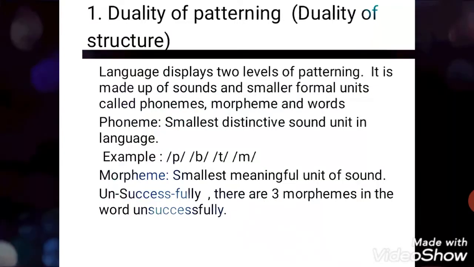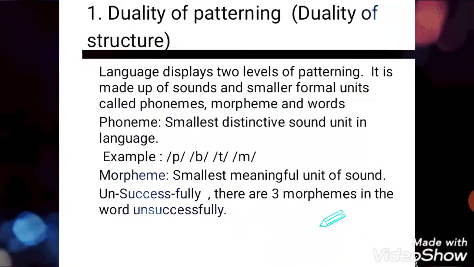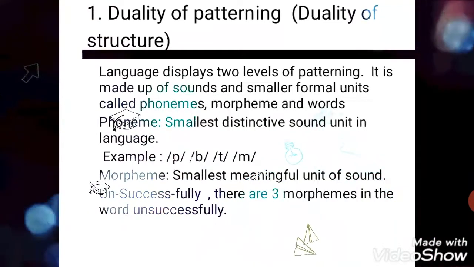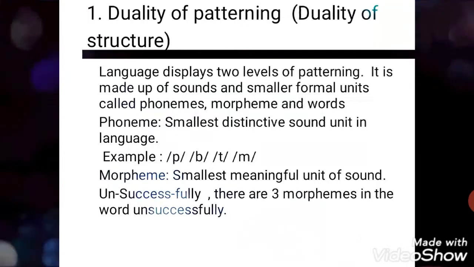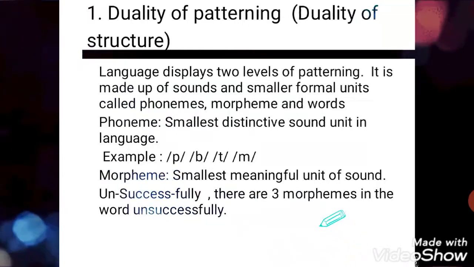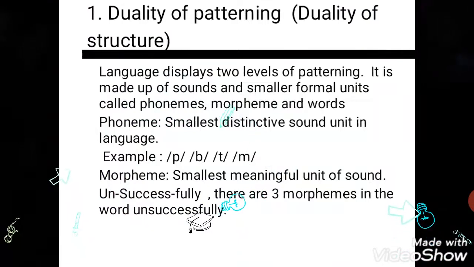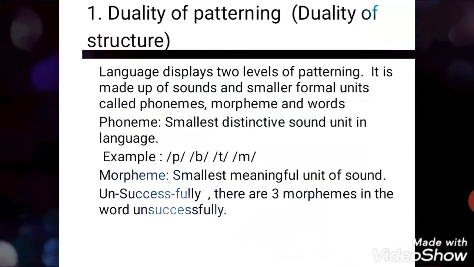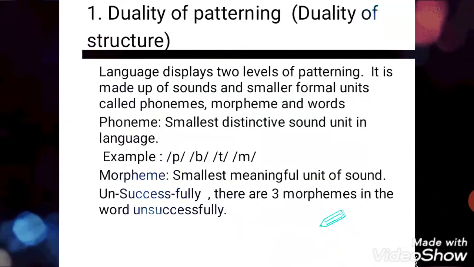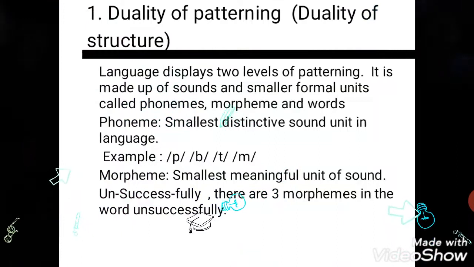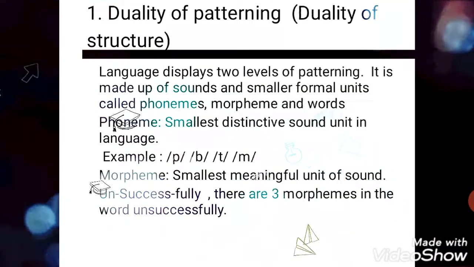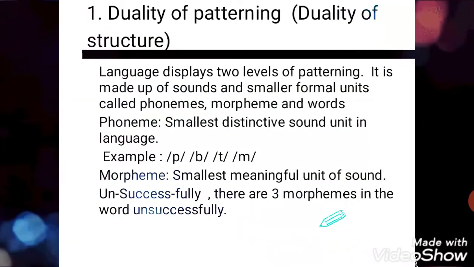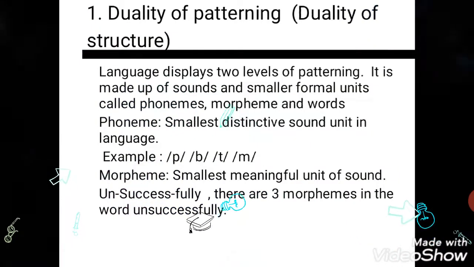For instance, a sentence such as "Our teachers like all the students" can be analyzed into words: "Our teachers like all the students." Some of these words may further be broken into smaller units like phonemes. Thus in human language, two levels of structure are found: a primary level which consists of compounding of words, and a secondary level which consists of compounding of sounds.